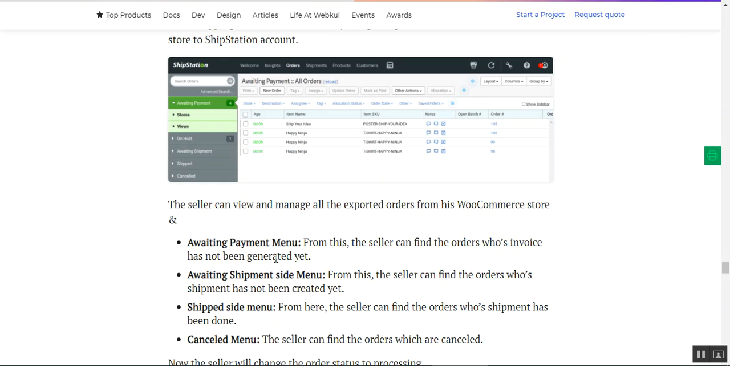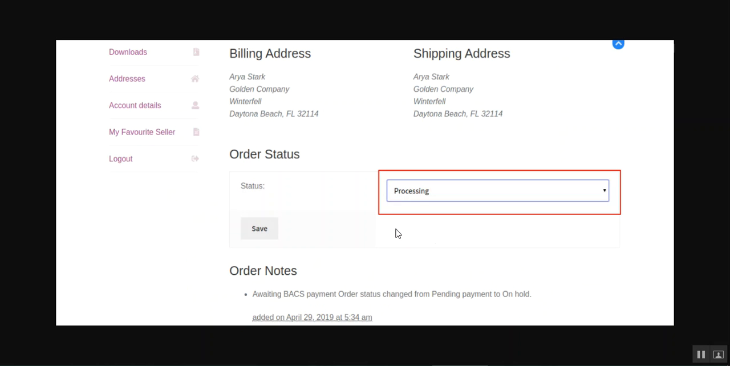And basically here the admin or the vendors can see the orders whose invoice has not been generated, whose shipment has not yet been created, and whose shipment has been done, and the orders which are cancelled as well. So all of these details can be seen here by the vendors as well as the admin under their own ShipStation account. Now as soon as the order status is changed there by the vendor or the admin for his